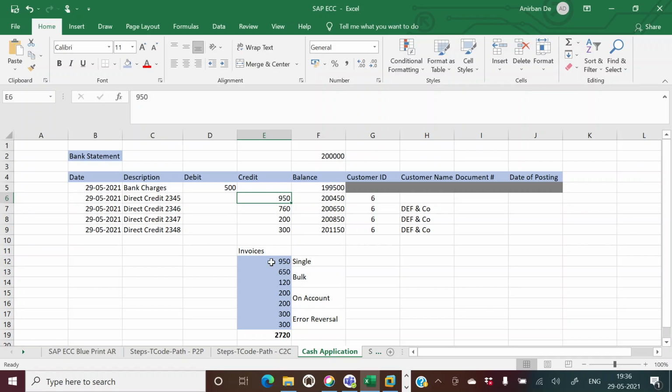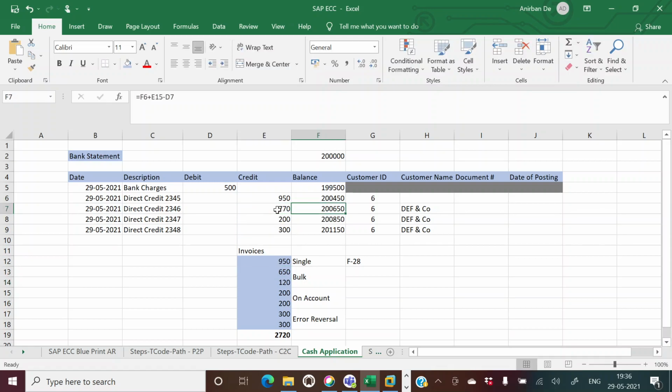Now, I have given some comments in column F to cover all the three scenarios that we have discussed before. If you see, 950 matches with 950, so we will set it off with F-28. I'm going to show you after some time. And then the customer might make a bulk payment, right? Like, say for instance, 650 and 120, they make a bulk payment of 770.